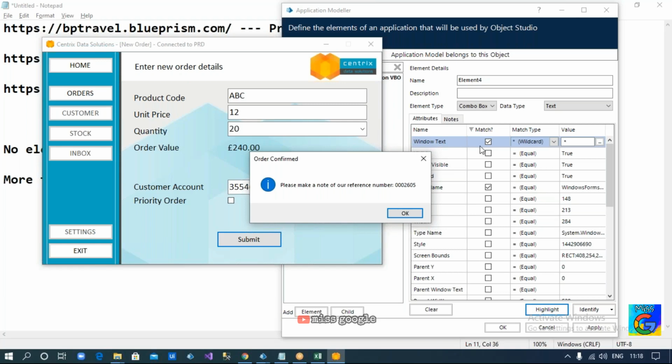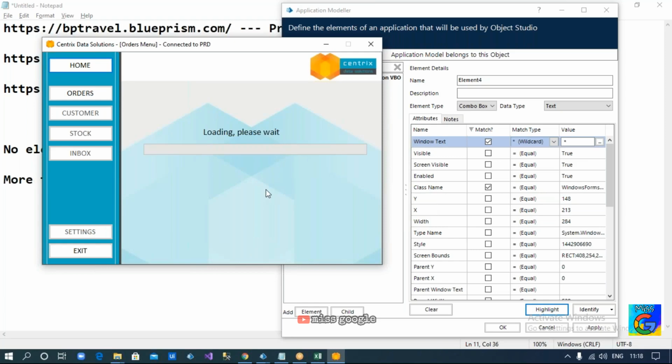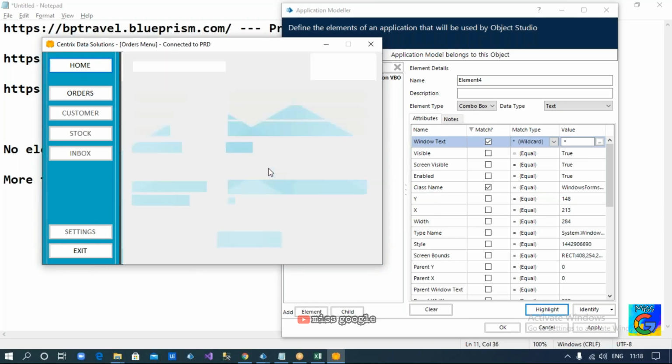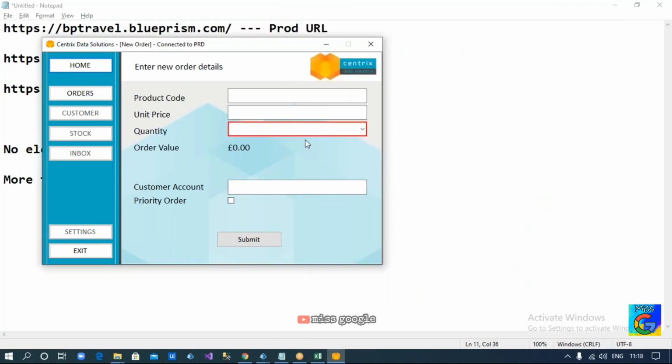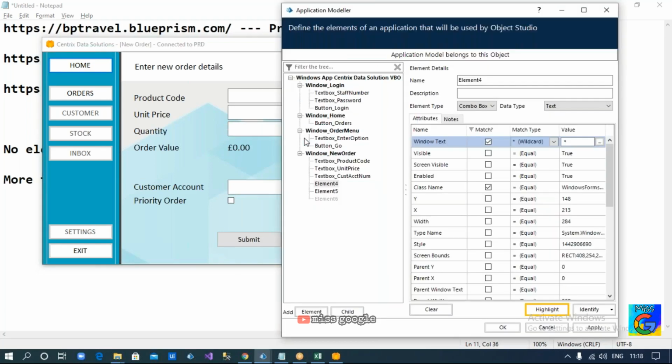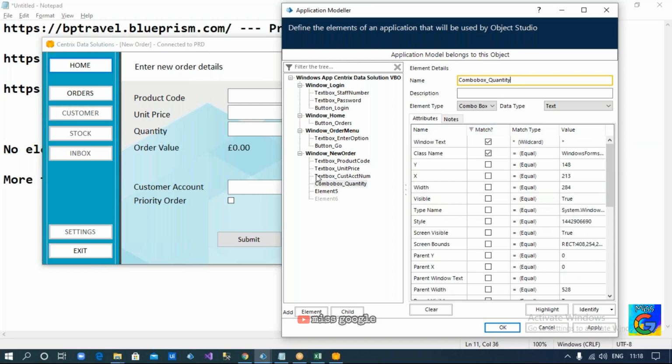Okay, now here we got this Windows text, we made it as wildcard. So once we come back here, even though we don't have this select quantity in that, now let us highlight. We are able to highlight the drop down without any issue. So, understood the purpose of wildcard here. Okay, so this is your combo box underscore quantity. Okay, fine. Next one,